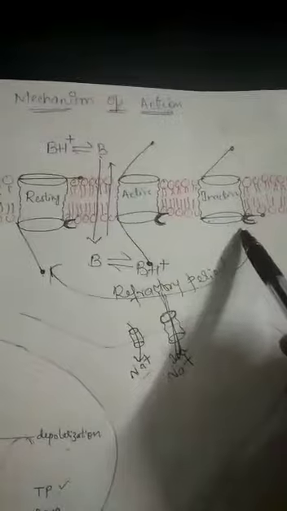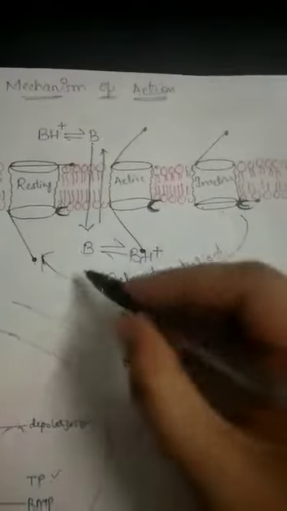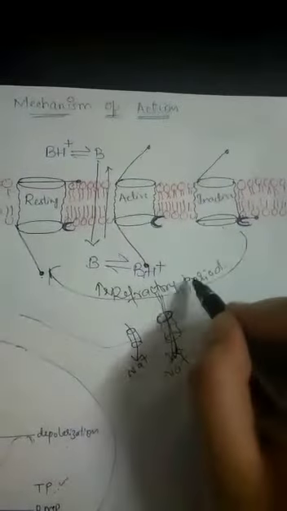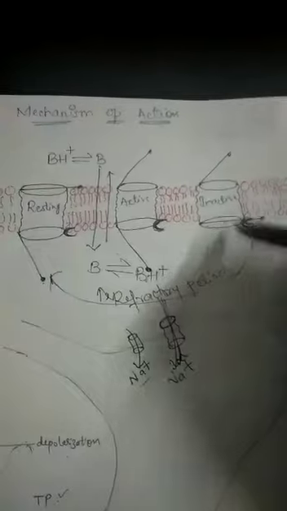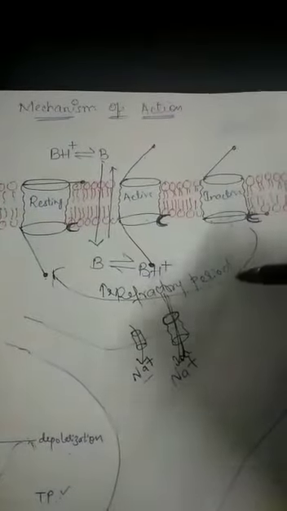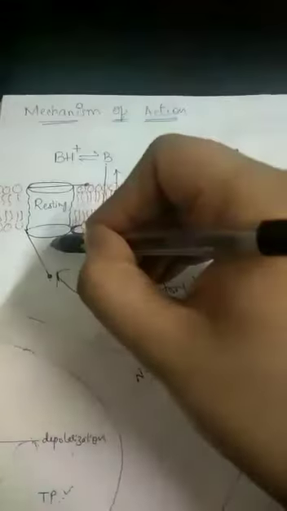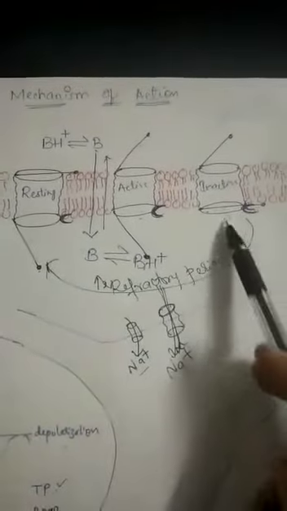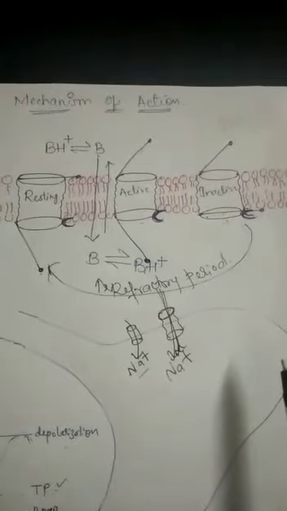These local anesthetics mainly bind with the receptor when these voltage gated sodium channels are in the inactive state, and what they will do is increase the refractory period. This inactive state should go back to resting and then become active, so it will take more time to get into the resting state and then become active. So the main mechanism of action of these local anesthetic agents is that they increase the refractory period of the voltage gated sodium channel.